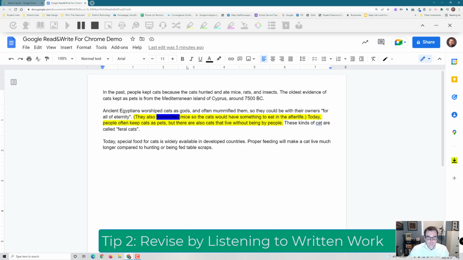They also mummified mice so the cats would have something to eat in the She'll note here, once it reaches